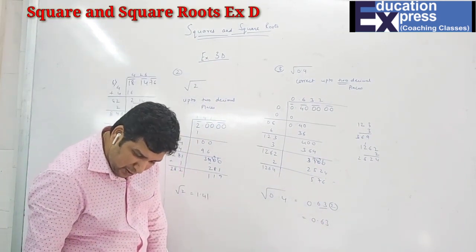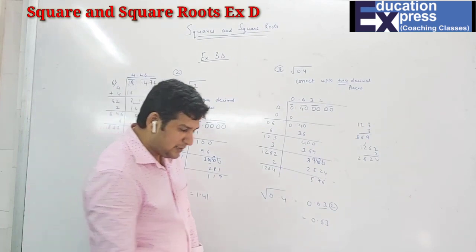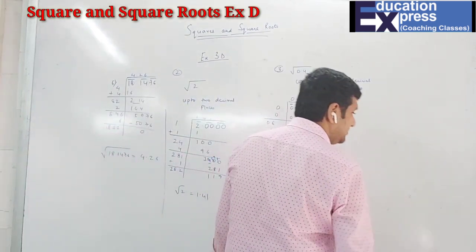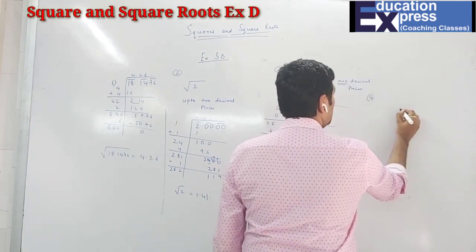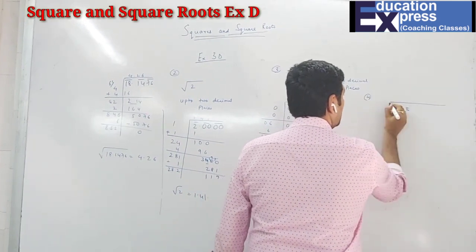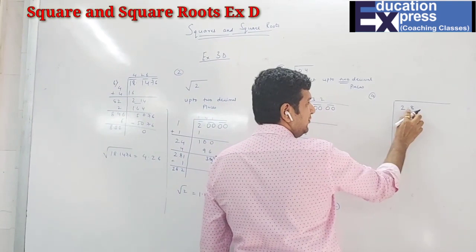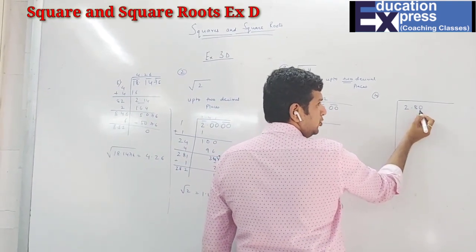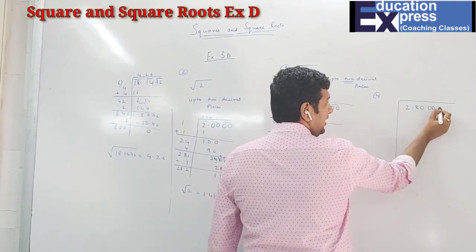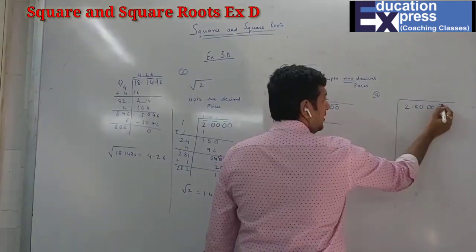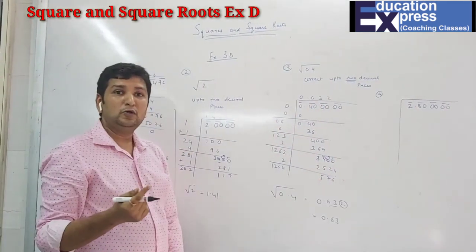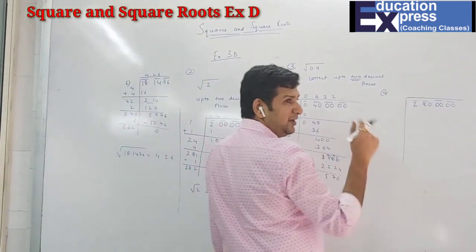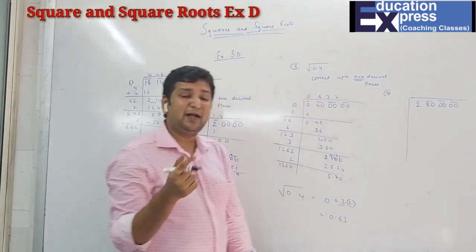Now the next question is again the same. Correct up to 2 decimal places. 2.8. Again the fourth sum is 2.8. Correct up to 2 decimal places, students. Already after the point we have one number. So I'll take 1 0 to make it a pair. Then 1 and then 1. Now 1, 2, 3 here. So I have taken 3 because it says correct up to 2 decimal places. So whenever they use the word correct, I will take one place extra.